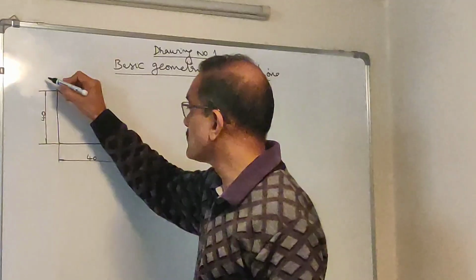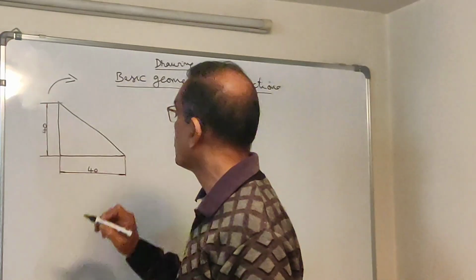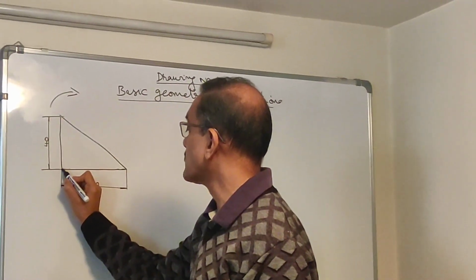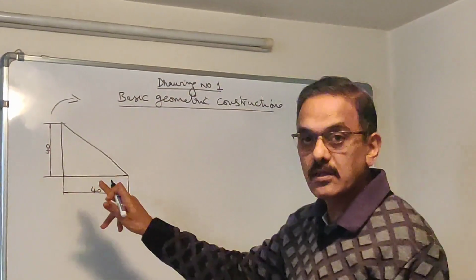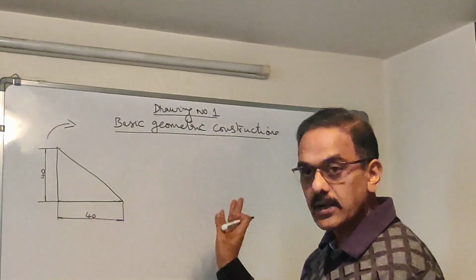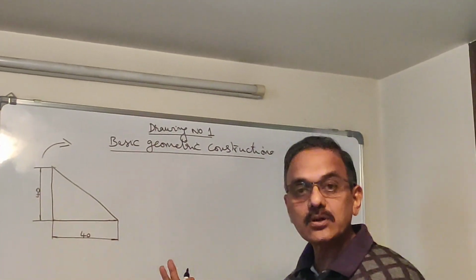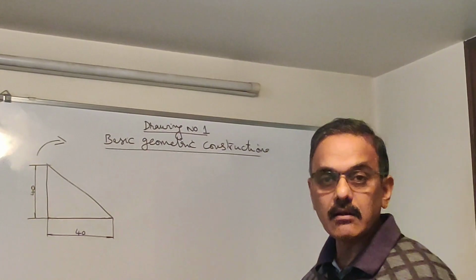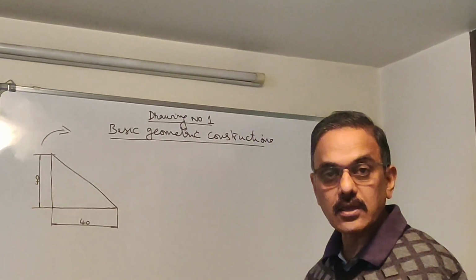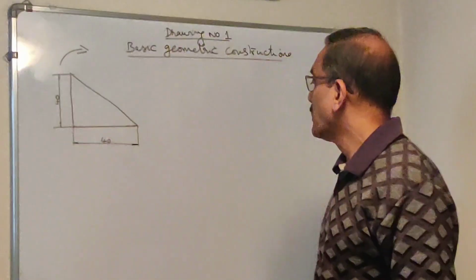Okay. So you can imagine that this triangle is being rotated like this about this point. This is the center of rotation. About this point, the polygon is being rotated, and the rotation is continued till you get the hypotenuse vertical. Then you stop it and draw there. So how to do it?